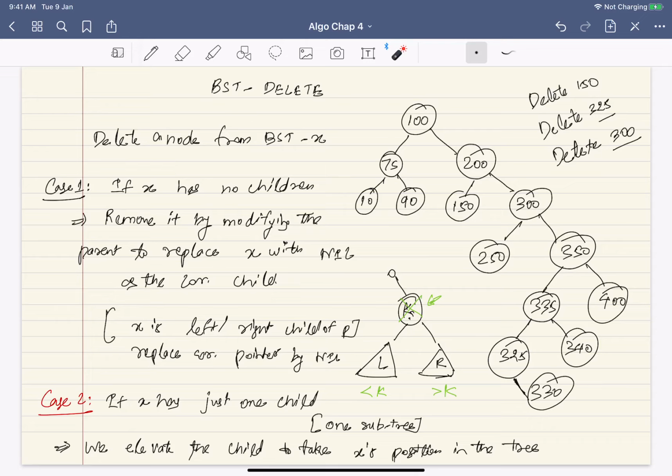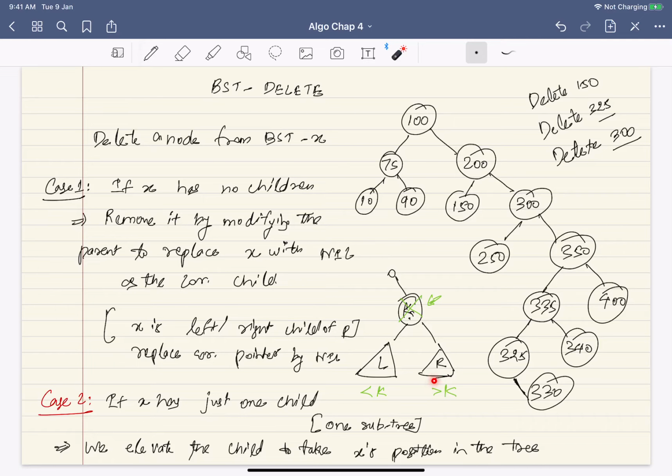Okay, and that's all. Now some of you might have a question: in the general case, can't this run infinitely? I have to delete a node like k, I have to find a successor, I have to delete that node. Can't it also have 2 children? And then I'm back to the same problem. So what do you think?